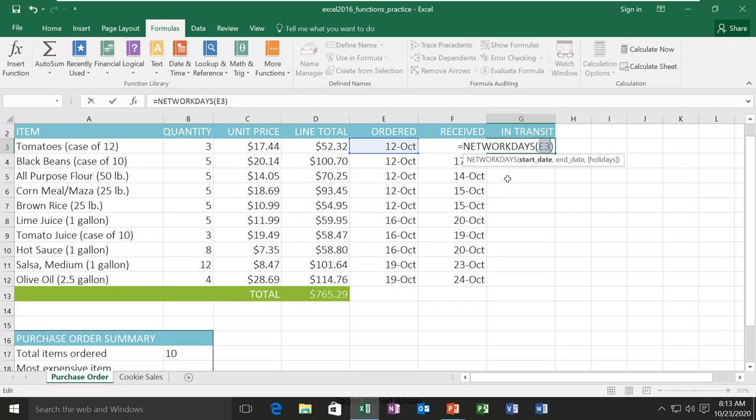It is not taking it because you see here, the start date and end date are compulsory. The holiday is in brackets, which means it is not compulsory. So after giving the first date, comma, you have to mention the end date, and then after giving the end date, you can give this optional holiday option, but if you don't give it, it still works. But if you don't give the full argument, you will get an error, and it will not be applied.